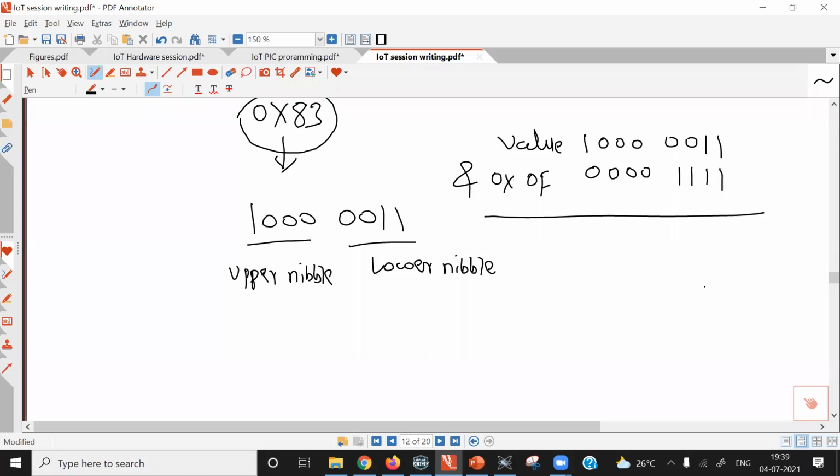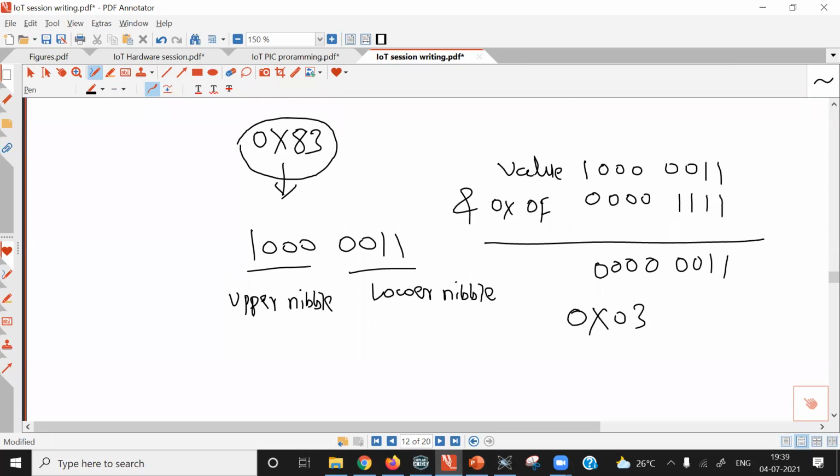So if I do bit by bit ANDing, 1 and 1, 1 and 1, 0 and 1, 0 and 1, 0 and 0, we get the result. In hexadecimal it becomes 0x03. So when we ANDed the data in the value variable with 0x0f, we got 0x03.